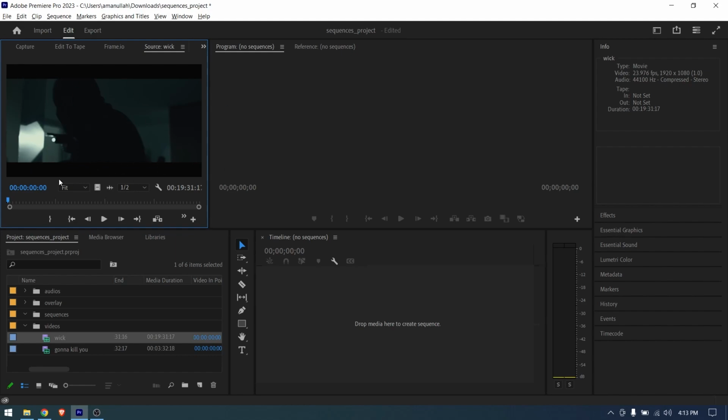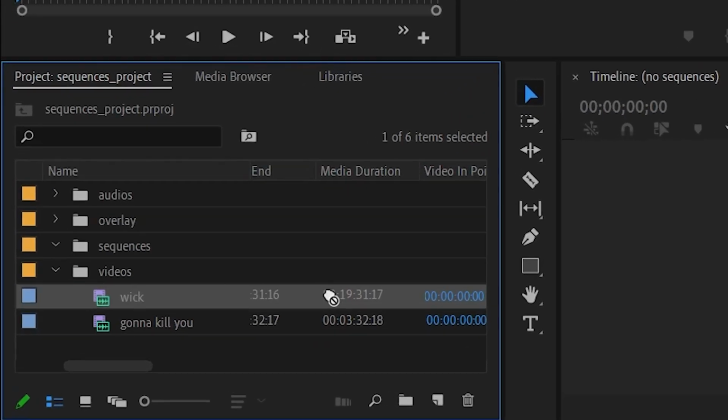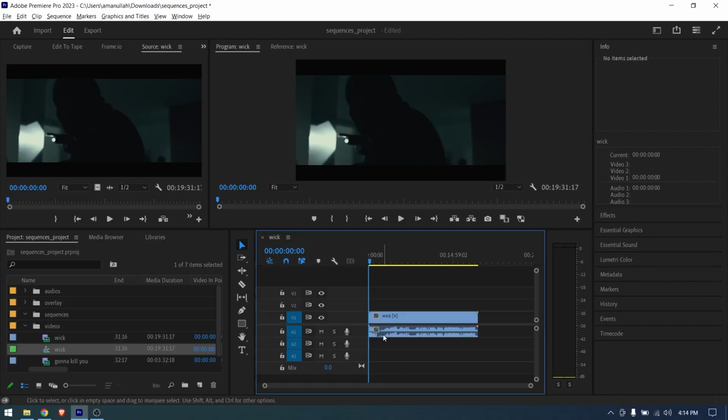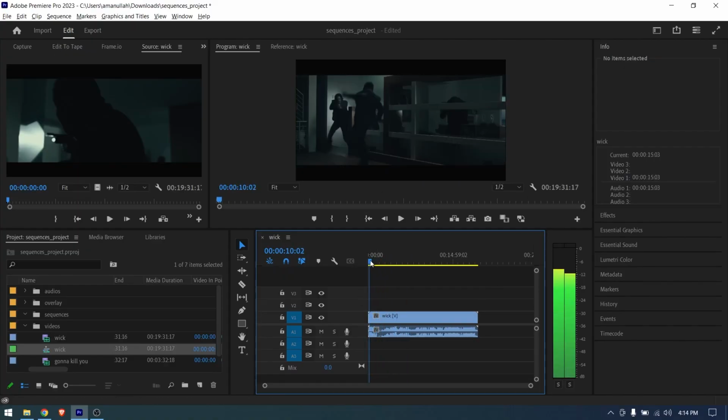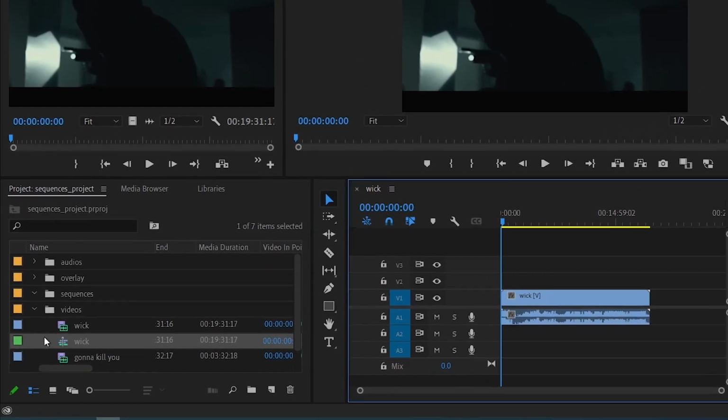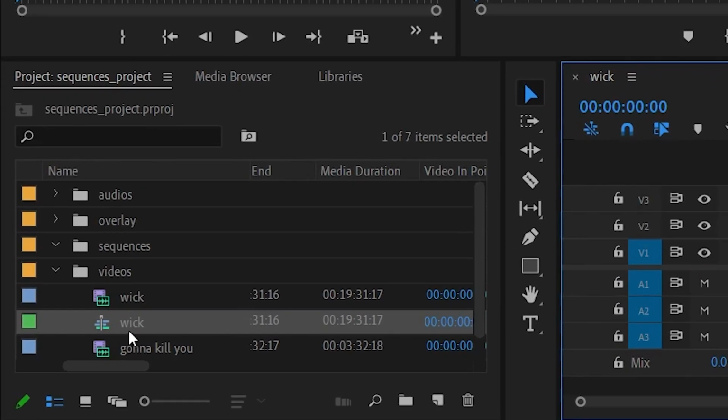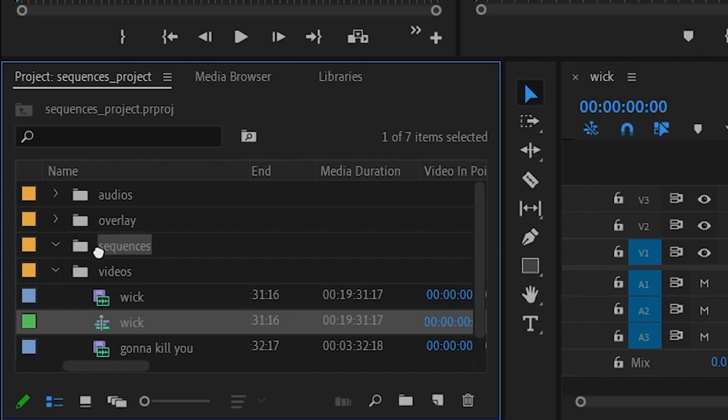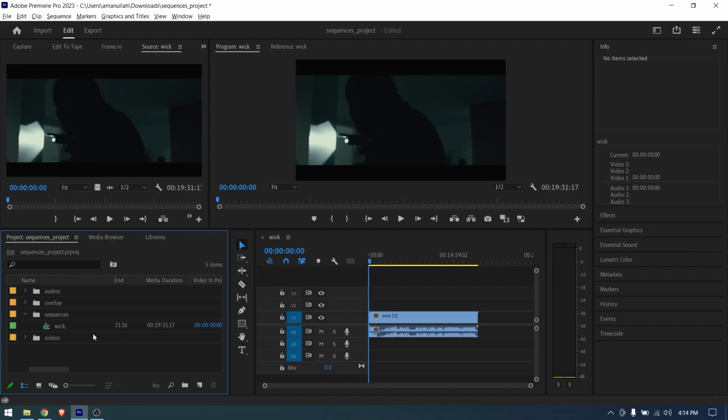It is full HD. Now if I want to create a sequence exactly the same as the resolution of this video, I can simply drag this video into this item. This is the new item. So now we have our sequence, and now we can edit this video however we want. In this case, I have my sequence also inside the video. The first thing I do is move my sequence into the sequence folder,